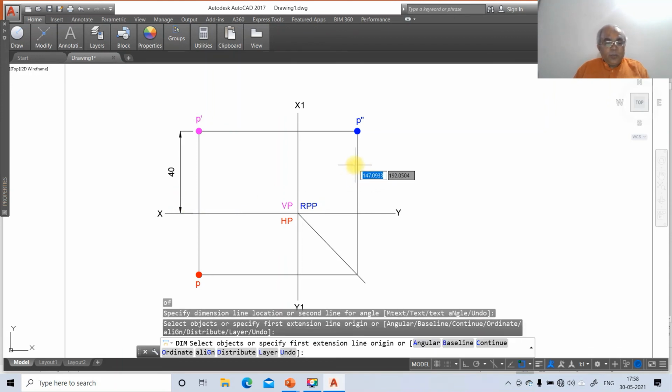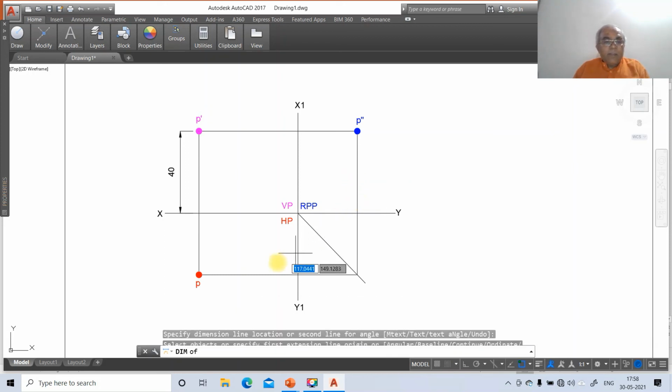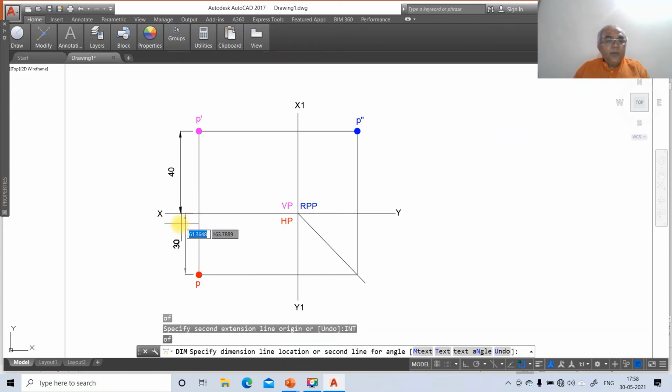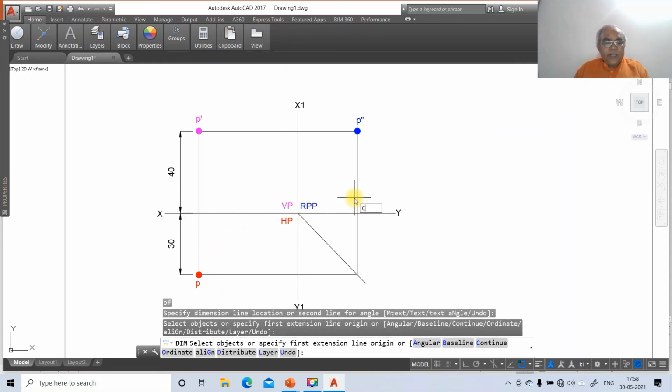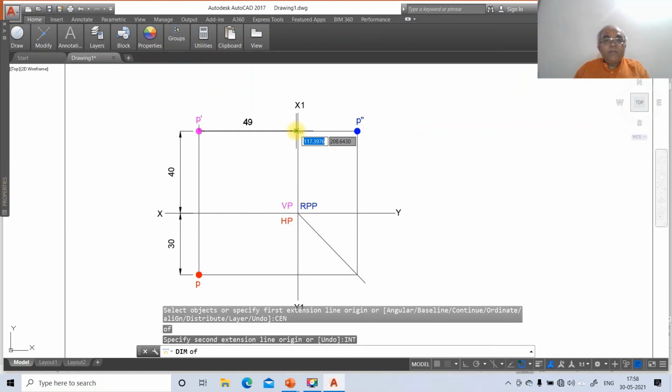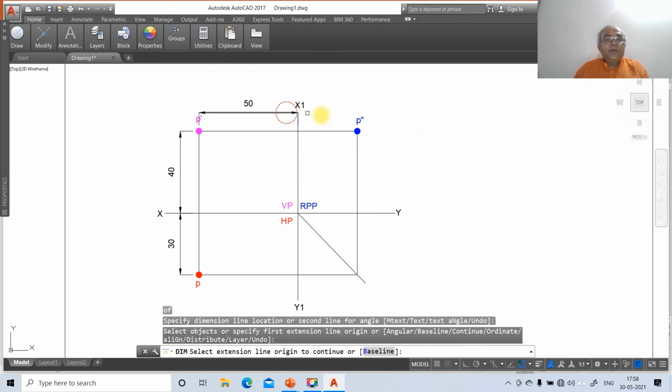Similarly vertical, here again go to the center of this, the intersection point of this, you are going to get this point as 30. Then again you take the center of this and take the intersection point of this, and here the dimension is going to be 50.